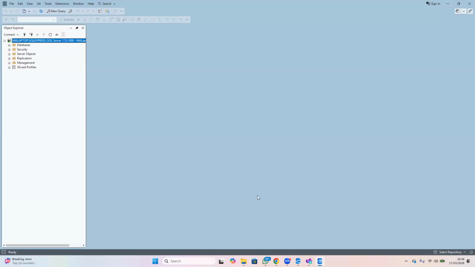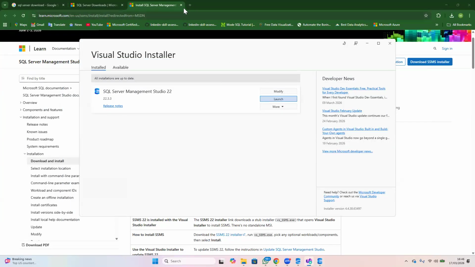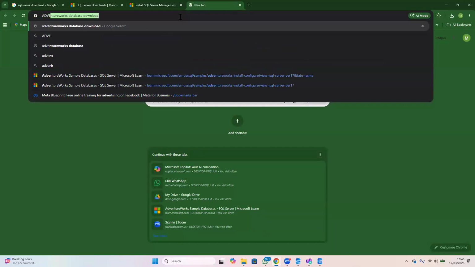Okay, so that brings us back into the SSMS application. To proceed here, we'll need to install a database. As you can see, we only have the system database and the database snapshots. We don't have an actual real database. So to install the database, we will go back and search for AdventureWorks download, AdventureWorks